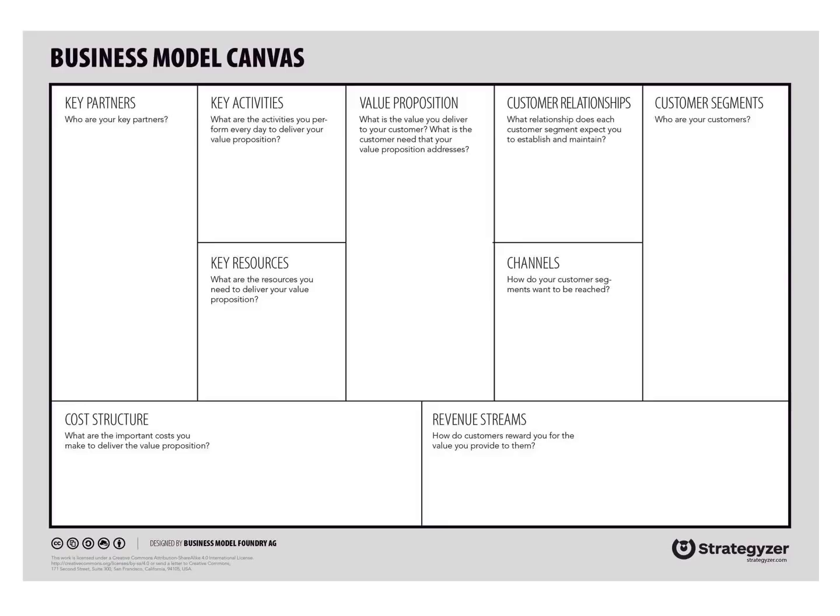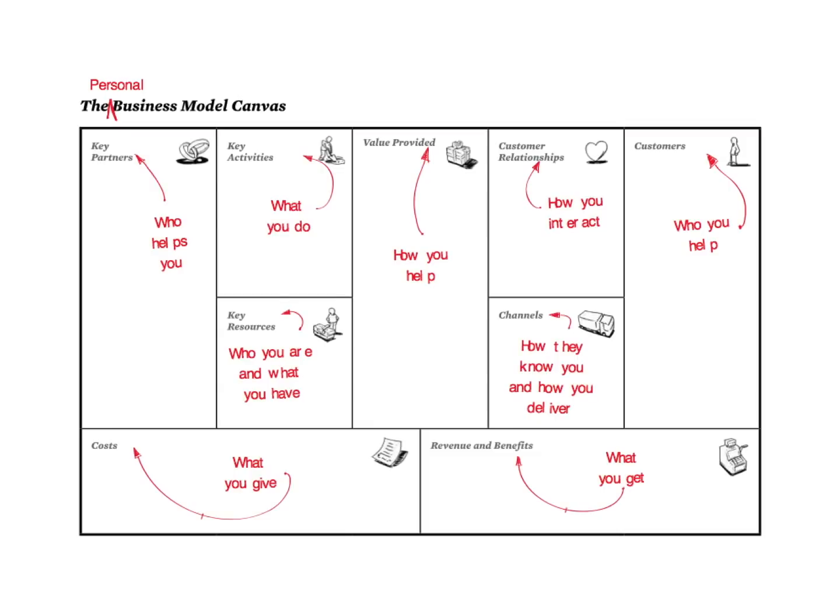Now, having said that, what I found is that it is much easier to understand the value proposition if you take it to a personal level rather than start from a business level. And for that purpose, there is something called a personal business model canvas. Here in the personal business model canvas, I think the whole jargon and terminology is much easier to understand, which people can associate with